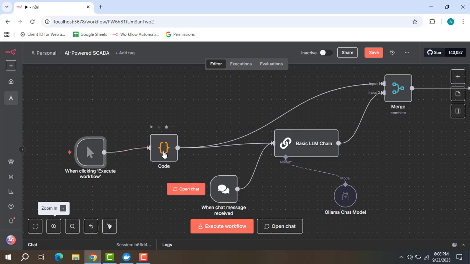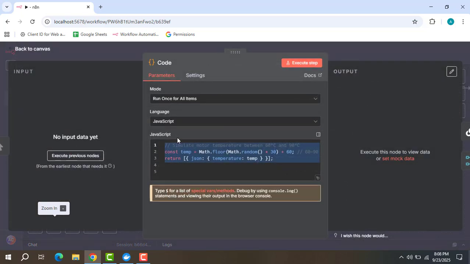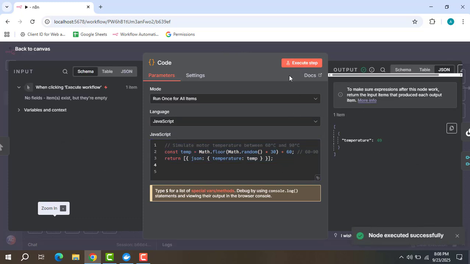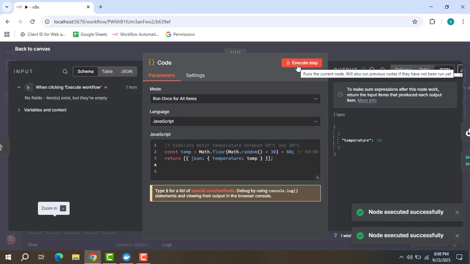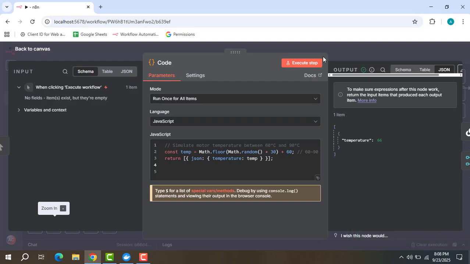After that, you have a function node that generates a random temperature of the motor between 16 and 19 degrees. Let's execute. So every time you execute, you have a random value of the motor. In real life, the PLC gives us the temperature. After that,